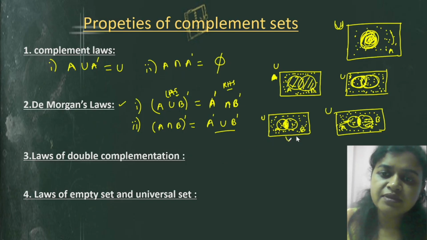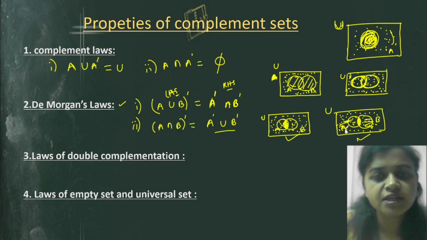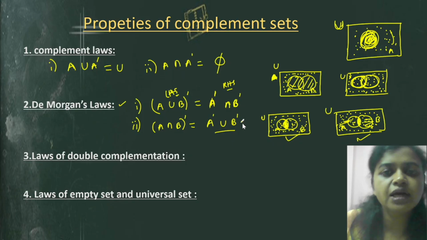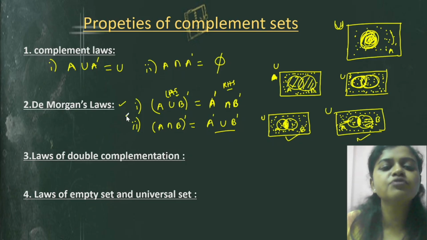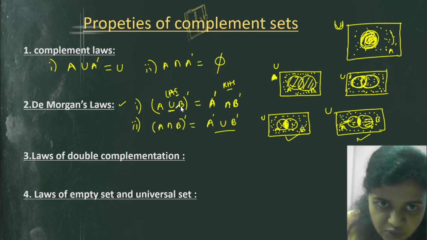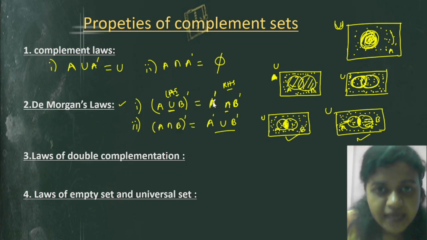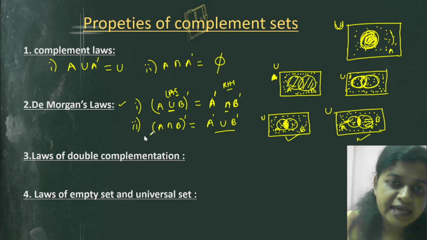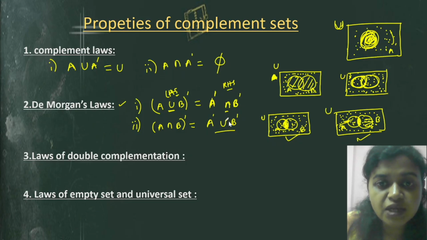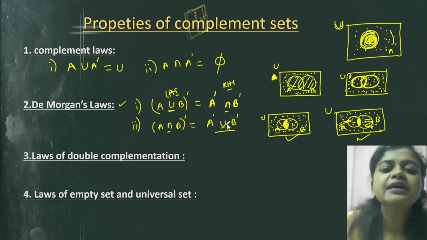Okay, see, this figure and this figure are similar to each other, the same. So (A intersection B) complement equals A complement union B complement. Okay, observe this rule, De Morgan's law. Very important question in the oral exam also, frequently asked by the teacher. Like (A union B) complement equals A complement intersection B complement. Here it is union, there it should be intersection. And the second law is (A intersection B) complement equals A complement union B complement. Here it is intersection and here it is union.